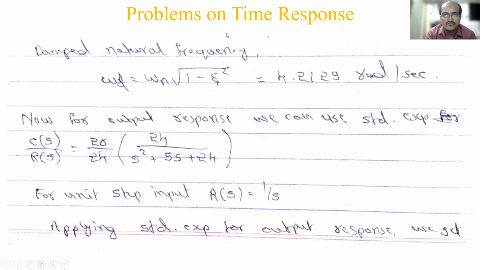Okay, so then the damped natural frequency is omega d. This is the relation, I told you at the very first. Substitute it. Okay, omega n is 4.8989. I have not shown that. And 1 minus zeta square, zeta value 0.5051 something you got. Now substitute it. Take the square of that, 1 minus that value, square root it and then multiply with omega n. So you'll get 4.2129 radian per second. So this is also an angular frequency, but this is the damped frequency, not the undamped natural frequency.